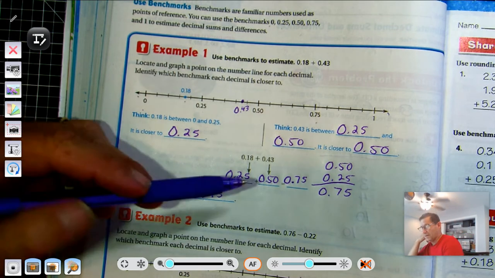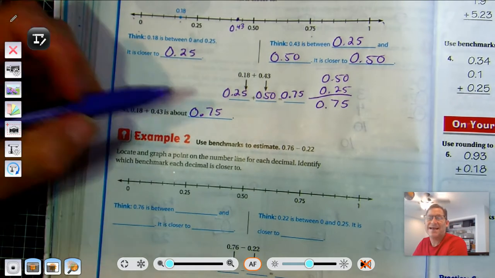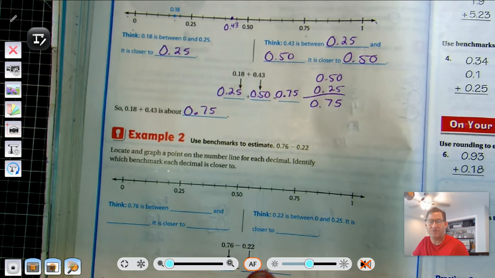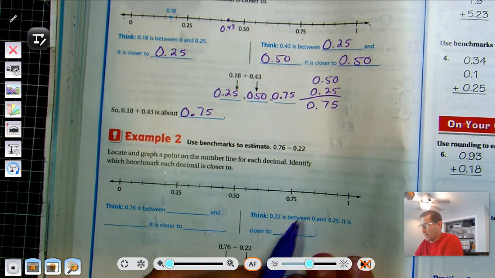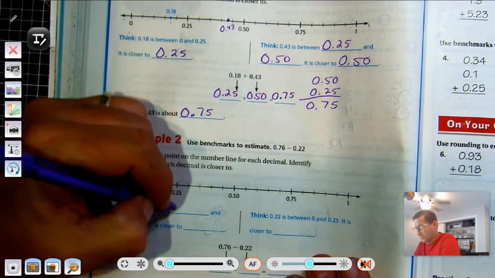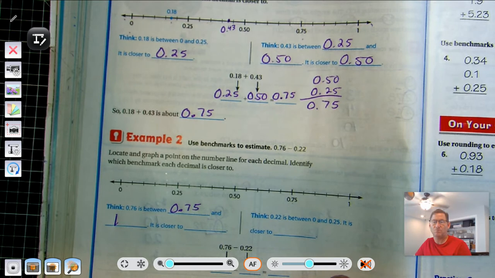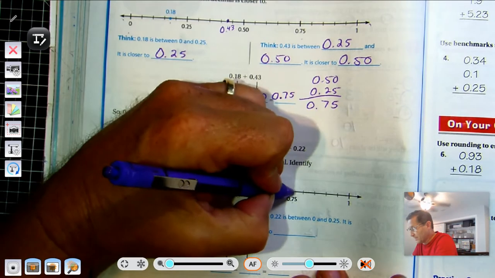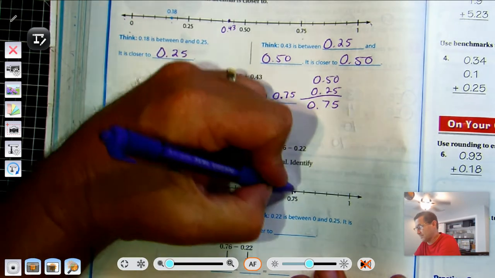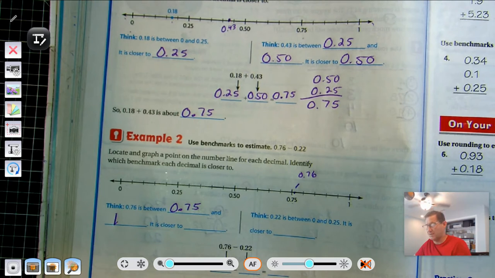All right, example 2, use benchmarks again. Use benchmarks to estimate 76 hundredths take away 22 hundredths. So where would 76 hundredths be on this number line? Well, I know it's between 75 hundredths and 1. Which one is it closer to? Well, it's going to be right there, right? Barely past. I'm going to write that right there. So it's closer to